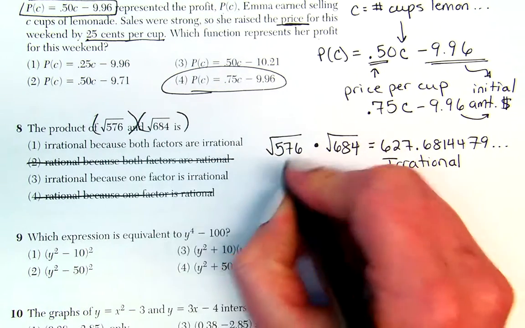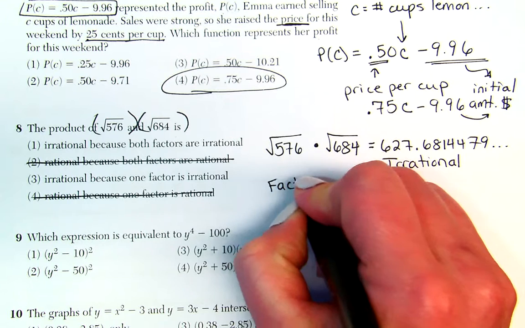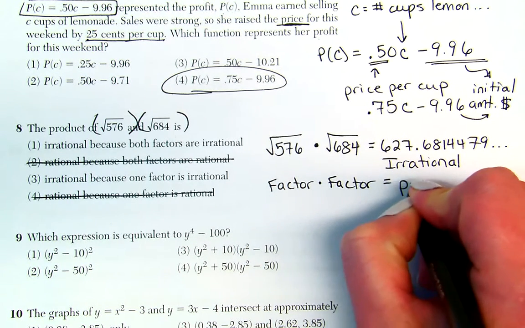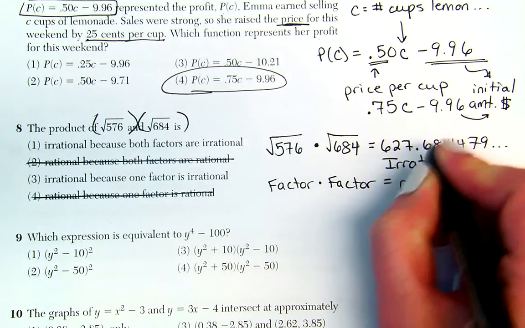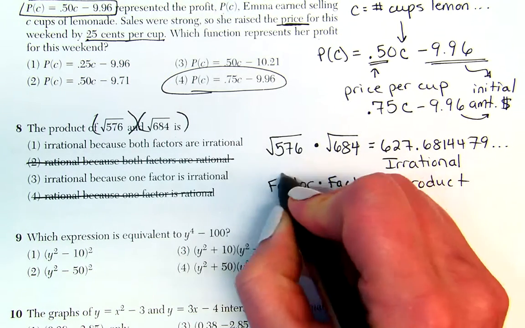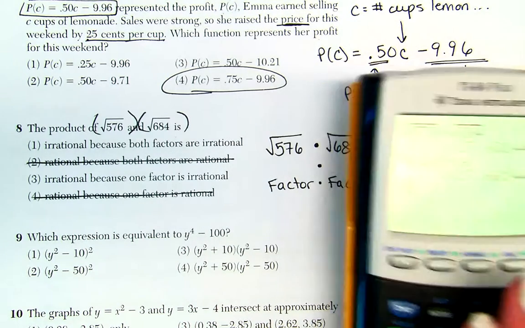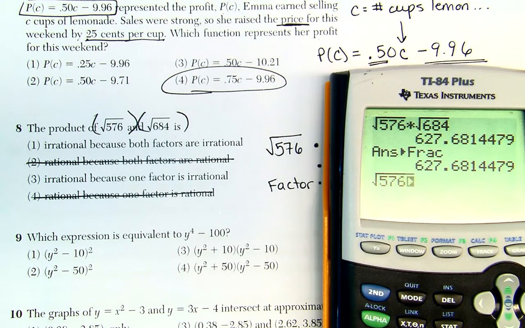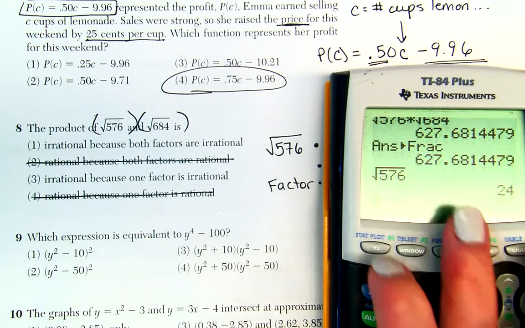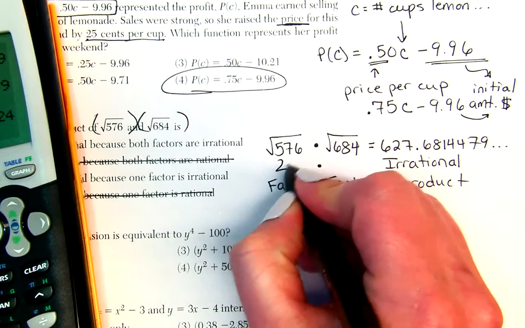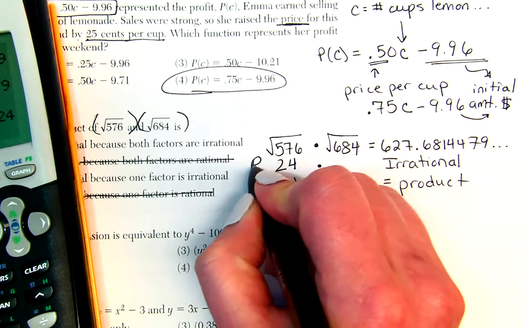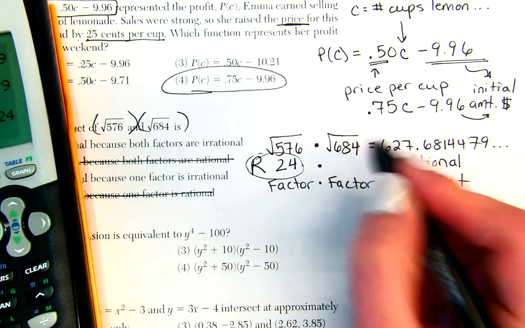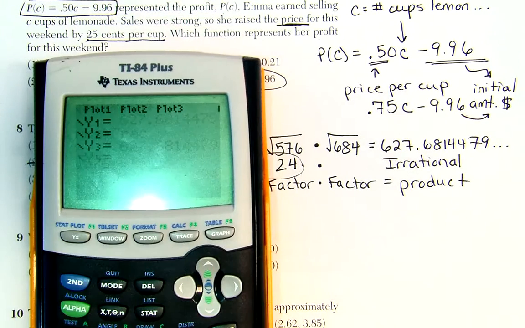When we have a product, this is created by a factor times a factor equaling the product. So we already identified the product as irrational, but what about each of the factors? Individually, I'm going to place the square root of 576 into the calculator, and I get the number 24. This is rational, so I'm going to identify that with an R. And then for the square root of 684,